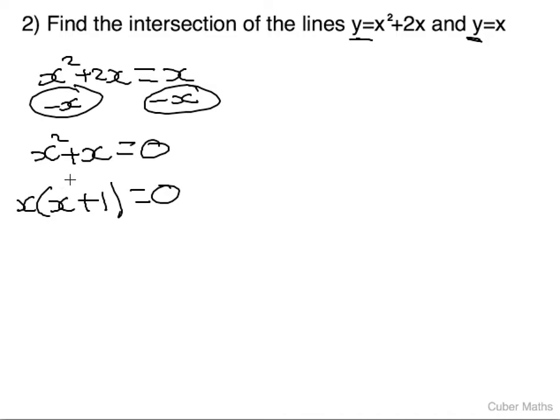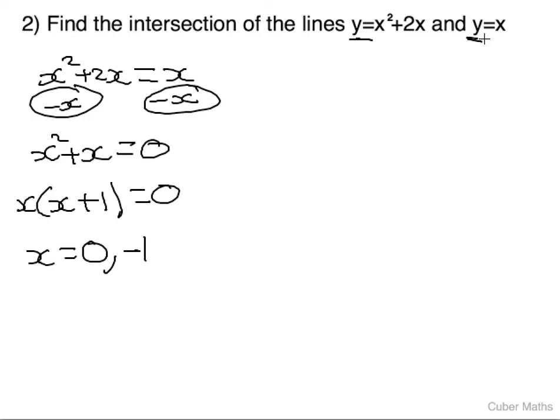So this now means our x value is either equal to 0, because of this x outside the brackets, or minus 1, because x plus 1 is equal to 0, so x is equal to minus 1. Now, just like we did before, we want to substitute them back into one of our original equations to get the y value,